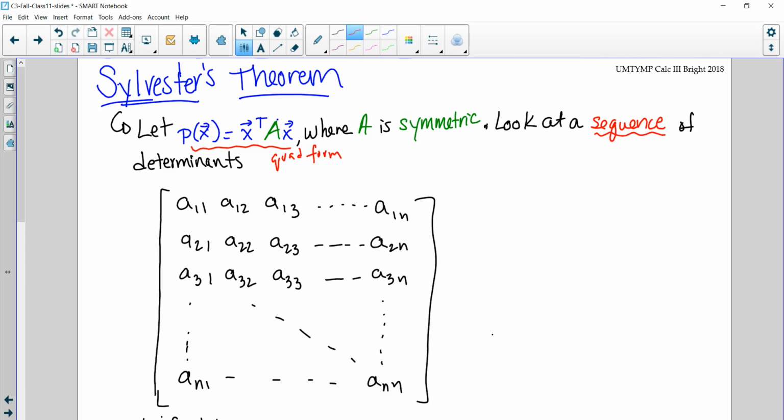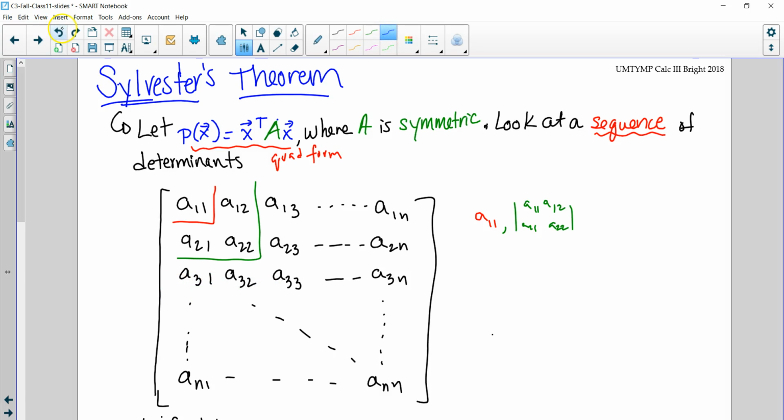a sequence of determinants. What we typically do with this sort of theorem is make a box. Our first determinant is just A11. Then for the second determinant, we would look at this one, which is the determinant of A11, A12, A21, and A22. And then after that,